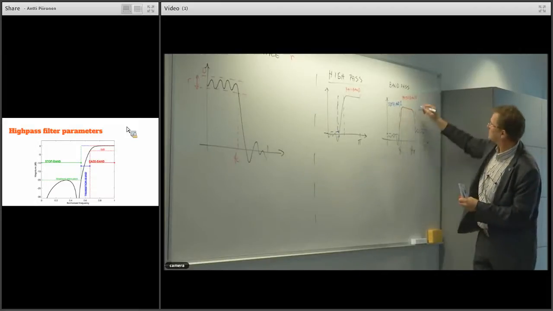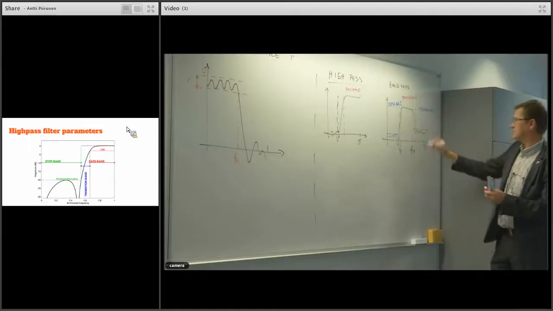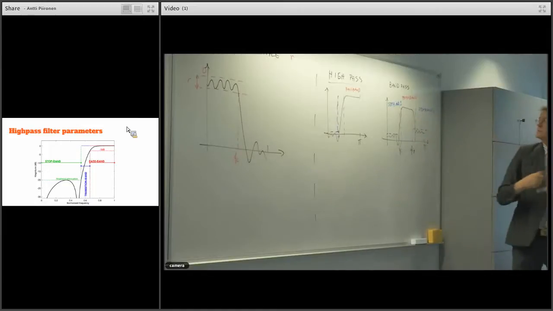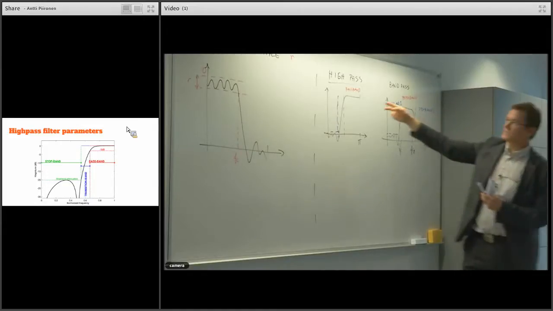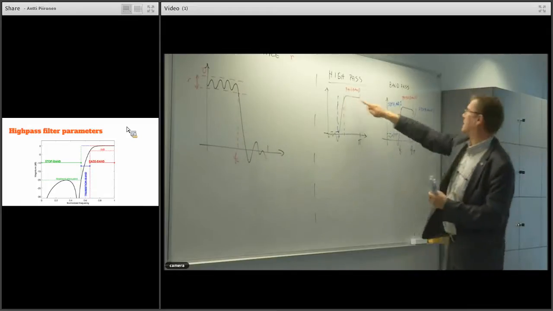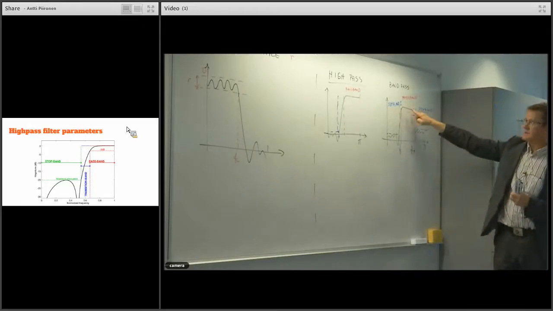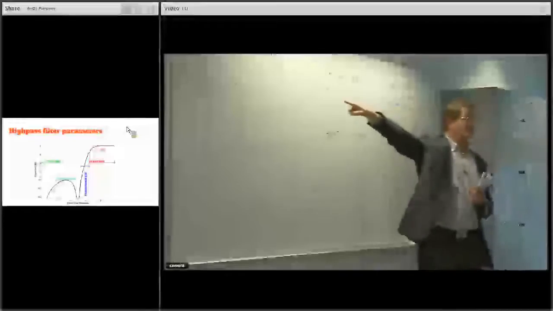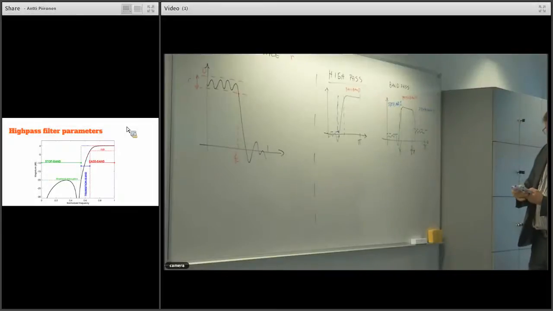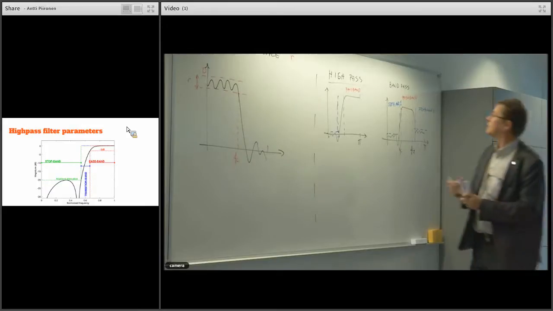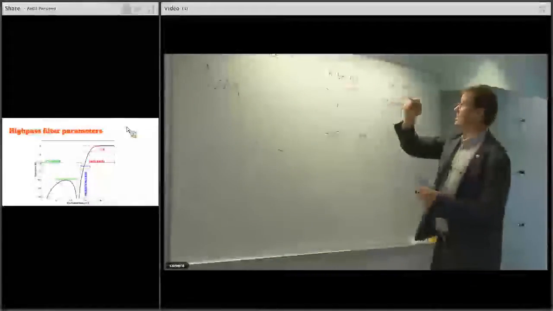And the cutoff frequencies here, and also the 2 transition bands. Of course, both the high pass and band pass filters can also have some ripple in the pass band. Okay, then low pass, high pass,